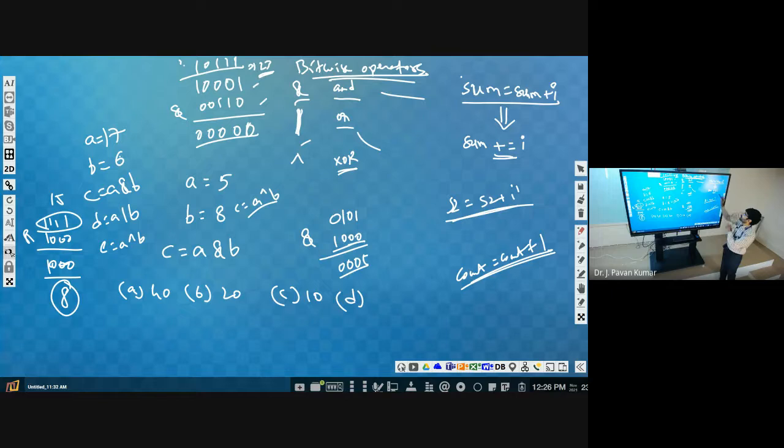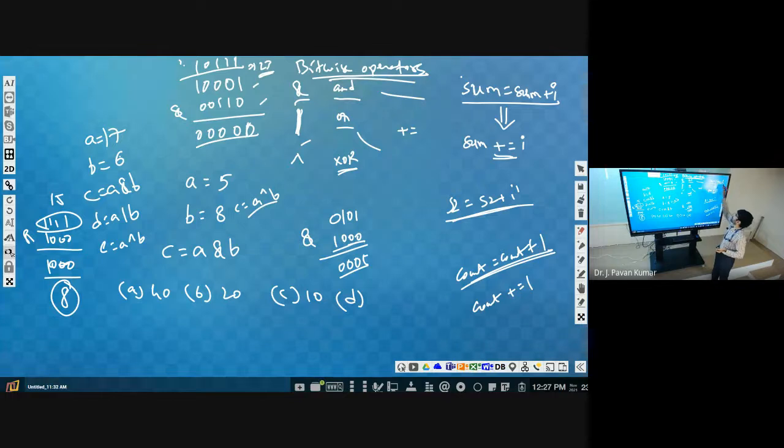How can we write count is equal to count plus 1? Count plus equal to 1. Like this we can write. This is also an arithmetic operator only, but we can say a shorthand operator.